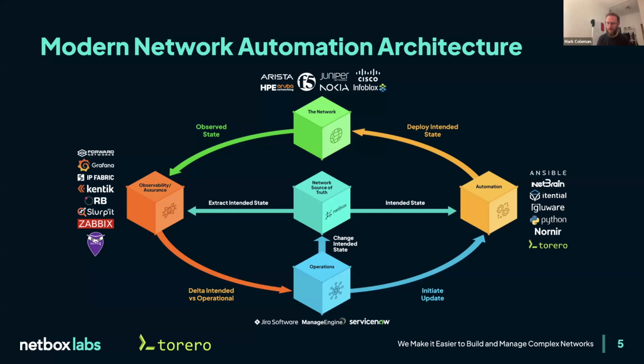I'm not going to go into all the details there, but what you'll see is all sorts of options in terms of vendors all over here. Once you have that, typically what starts happening is people are encouraged to, sometimes forcefully, update NetBox first, right? So the idea is don't do the fun stuff and then maybe do the documentation. Do the documentation and then go do the fun stuff. And the reason why this is important is because when we get over to the automation side, what's the automation based on? It's based on what we want the network to be, right? So it's a gradual process.